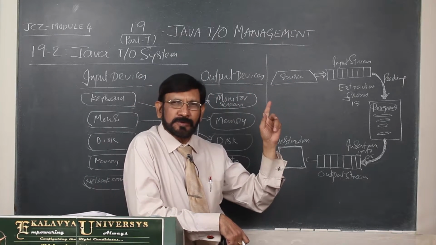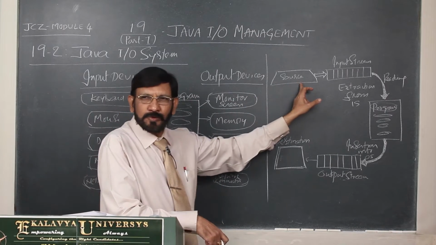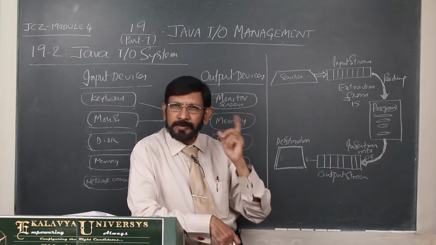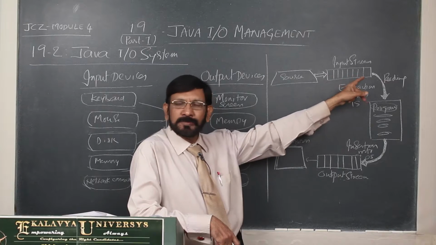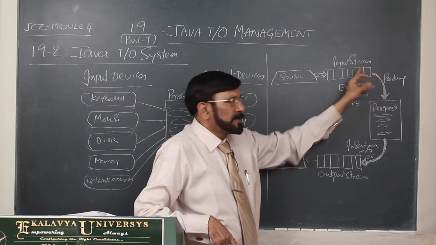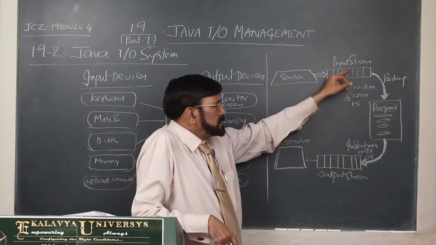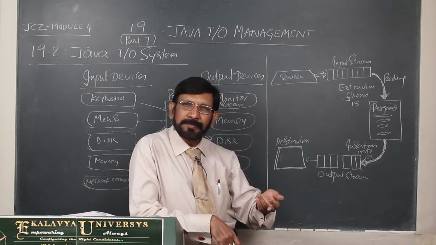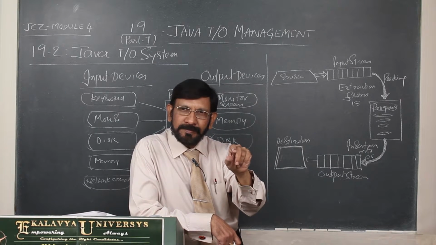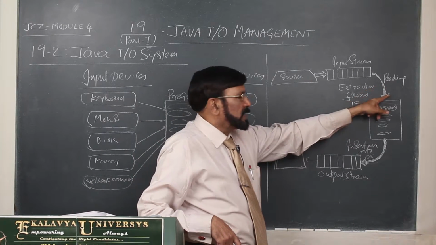Now you see, this is the source. Source means you remember this one. This is the source. From the source, whatever data you send, it enters into the input stream. Thereafter, what you call reading. Reading activity means, who is reading? In your program, you write reading code like a scanf. Then your program reads data. That process is called reading.